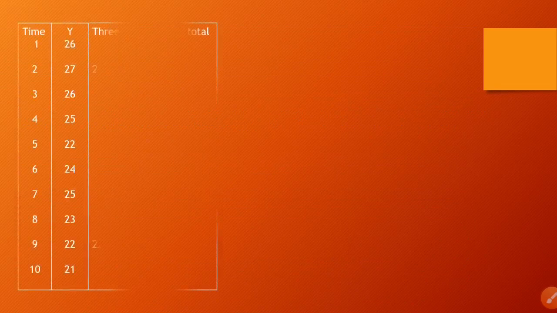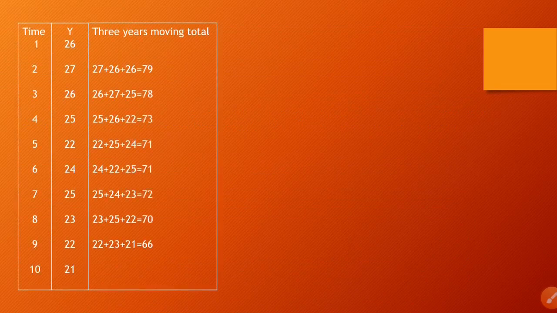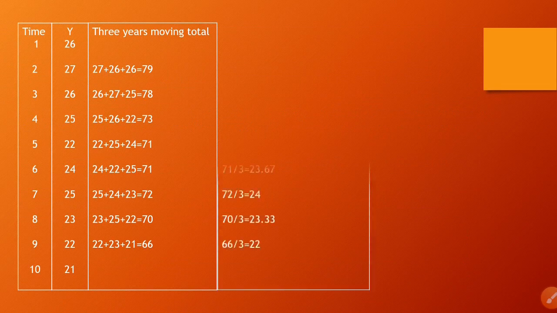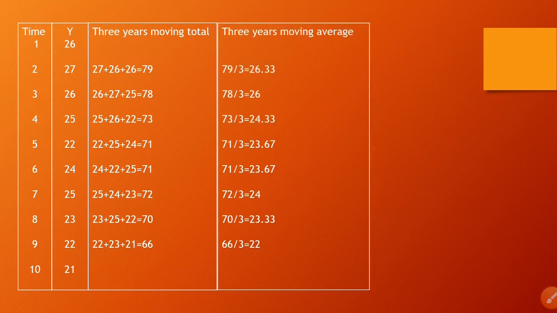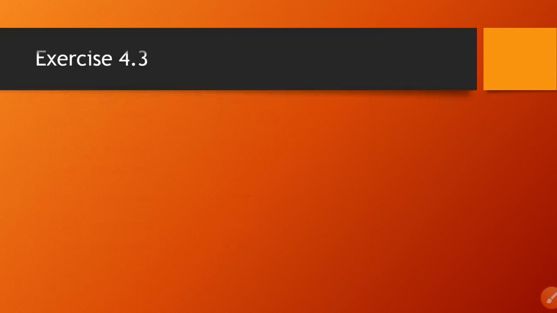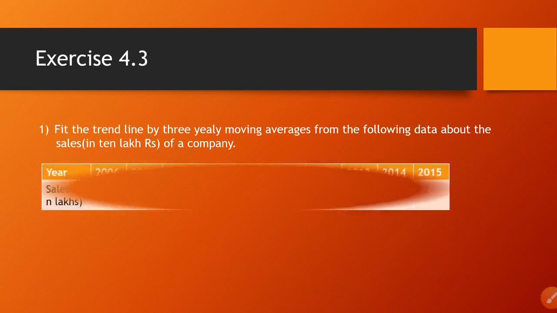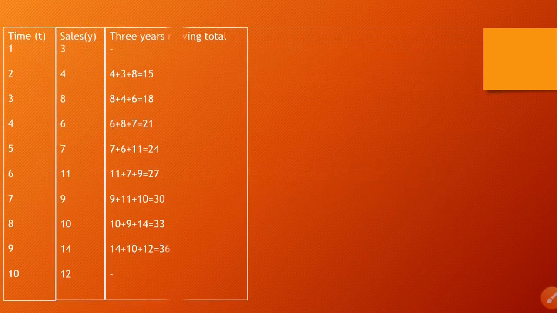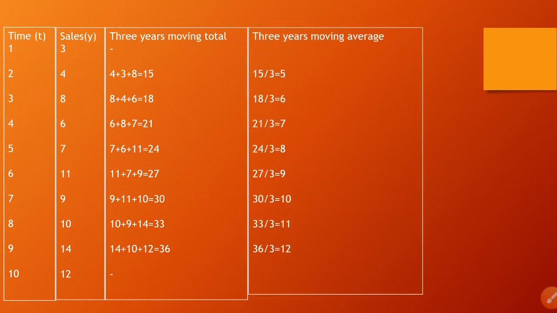Illustration 8 we have also seen. You can see 3 years average, 1 year itself, one up and one down. And you know that the first and last year will be blank. Then we have done exercise 4.3, the first sum. So today we'll be starting the next one, which is